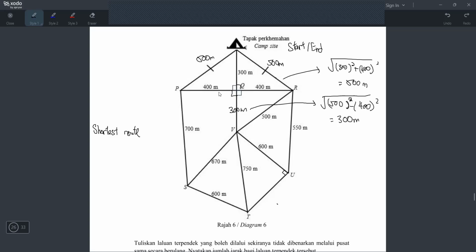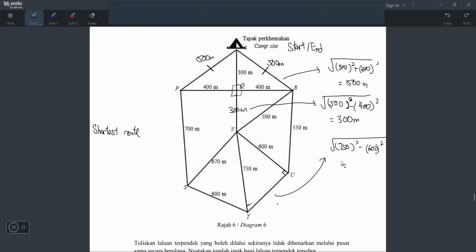Okay, which line is still empty? Okay, here. Okay, square root, bracket square. This time plus or minus? Minus also because you are finding the short one. You are not finding the hypotenuse. The hypotenuse is the line opposite the 90 degrees. So you are not finding that line. You're finding the other line. So that's why we have to subtract. So it will be 750 square minus 600 square. Okay, let's press. 750 square minus 600 square, and then square root answer. Okay, wait for me.